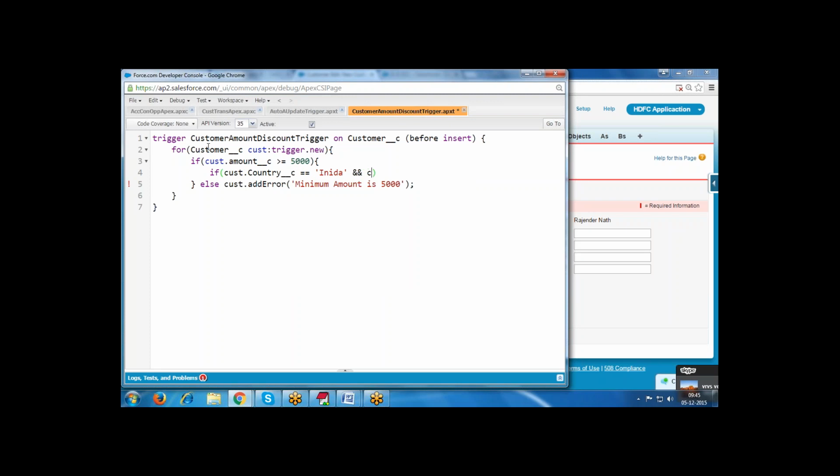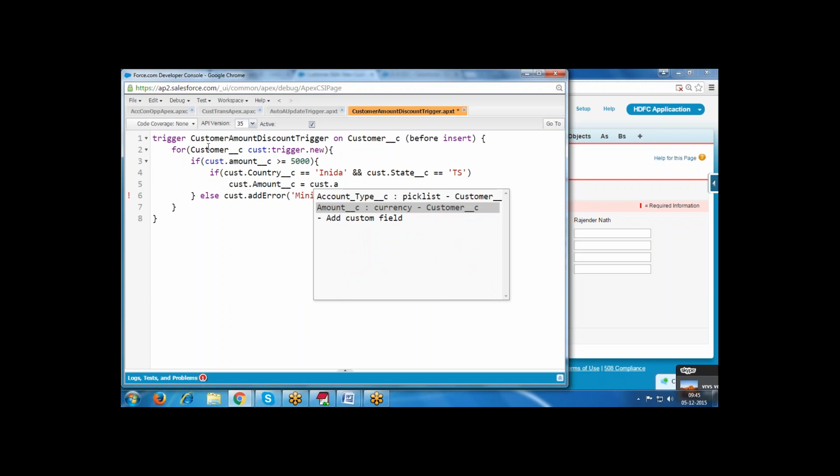In this case, customer.state equals TS. Customer.amount equals customer.amount minus customer.amount into 0.4, 40%. This is a discount.